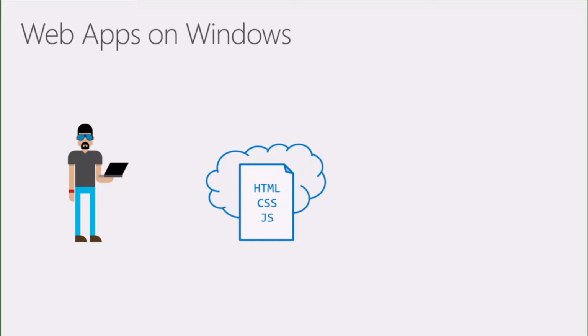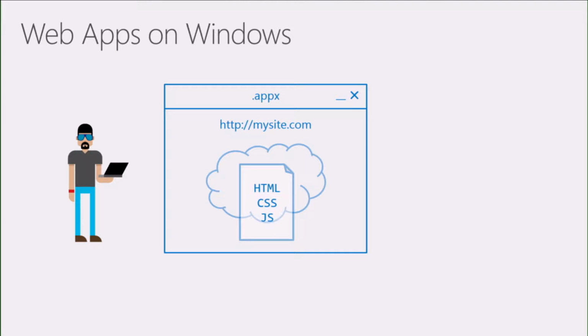And then in order to take this and make it into a hosted web app, you have to create an XML manifest. And what that allows you to do is package this, and instead of running it in the browser host, run it inside our JavaScript app host. So you're creating an AppX, and this AppX is basically running our app host, and it's navigating to your site,